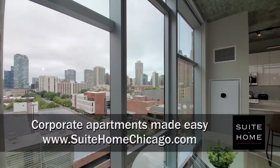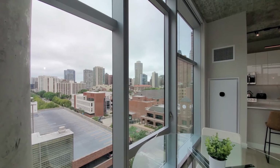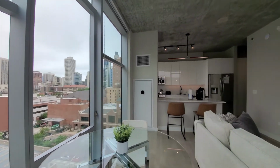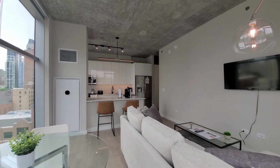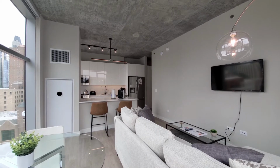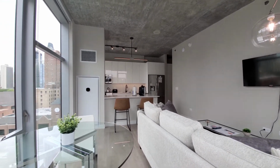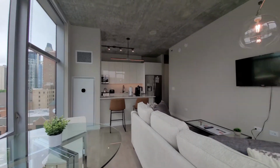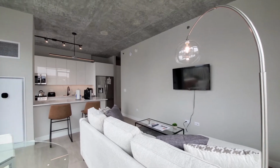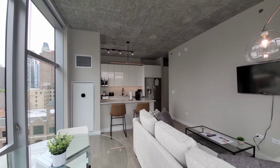I'm at apartment 808, a one-bedroom on the northwest corner of the building, looking north along Wells Street. Turning for a look at a very sleek and stylish living space. You have a space for a dining table, flat panel TV, sectional couch, blonde plank flooring extending throughout the apartment,